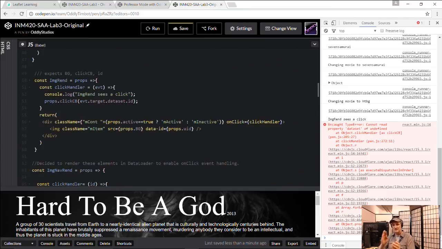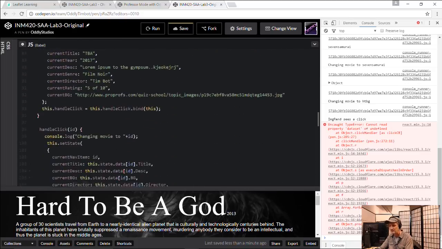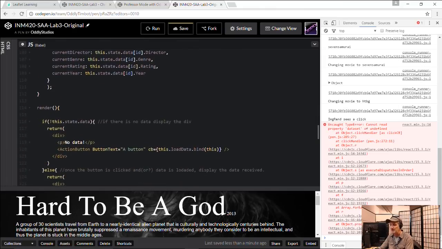So you see what happens. The click originates now in our image renderer, which passes it to its parent, which is the renderer of the whole navigation. It then takes that information and passes it along to the data loader, which can set state that triggers all of the views to refresh themselves. I hope I'm explaining this okay. It can be a little complex the first couple of times you do it, but as you practice this, it will become more straightforward. Let me give this a save